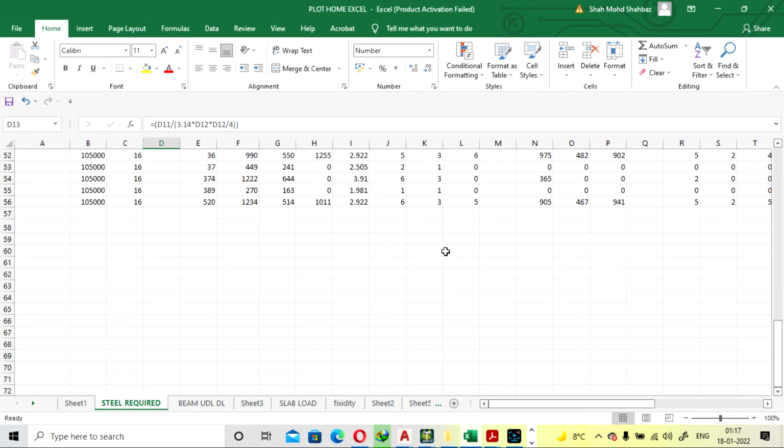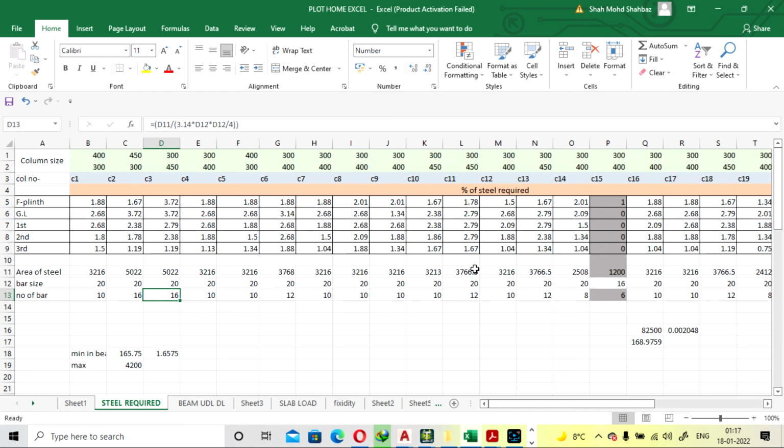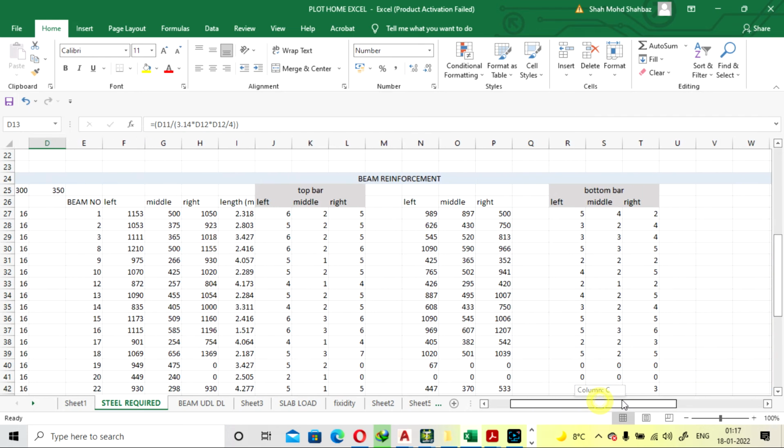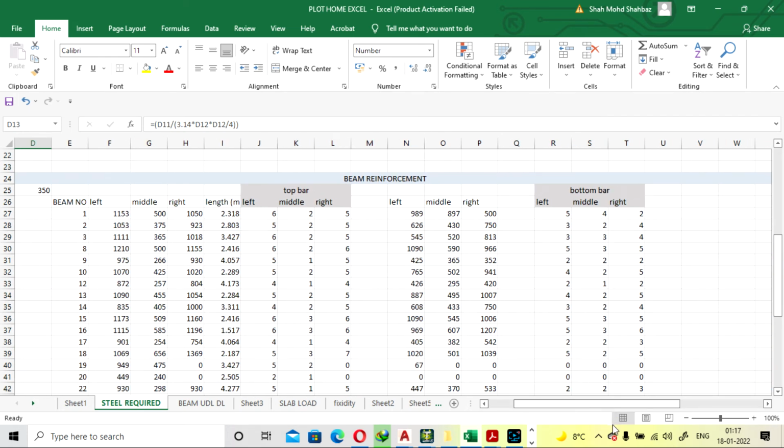Similarly for the beams of different floors, you can write it and you can get the middle, top and center of the bar. So this will be your beam reinforcement of top bar, and this will be the beam reinforcement of your bottom bar.